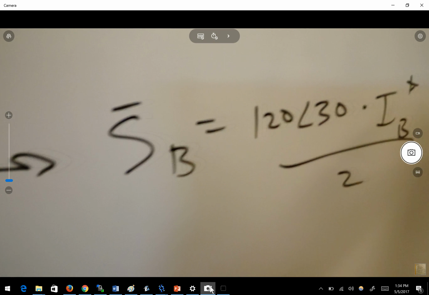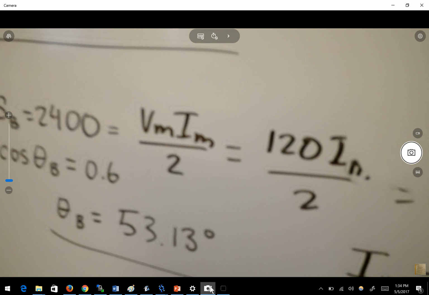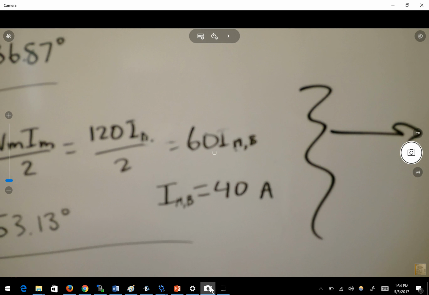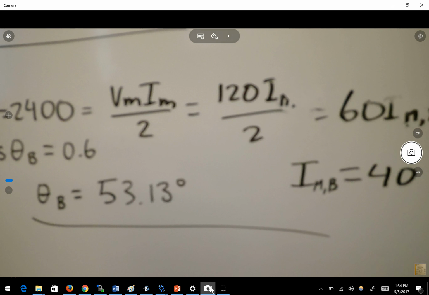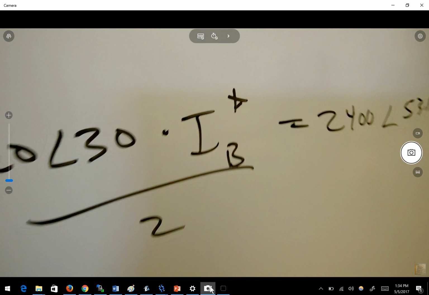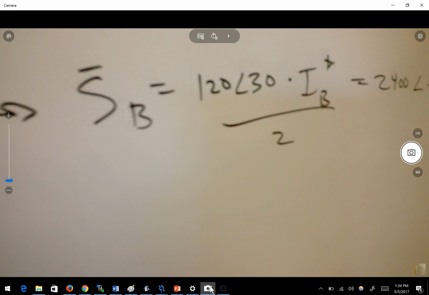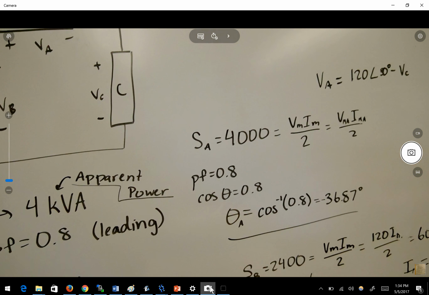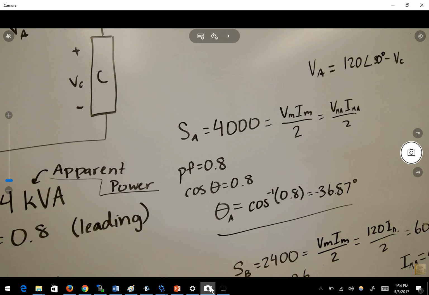And you've already found out that this is 2400 with an angle of 53.13 degrees. Okay, so now you should be able to find IB. Okay. And then from there, if you know IB,